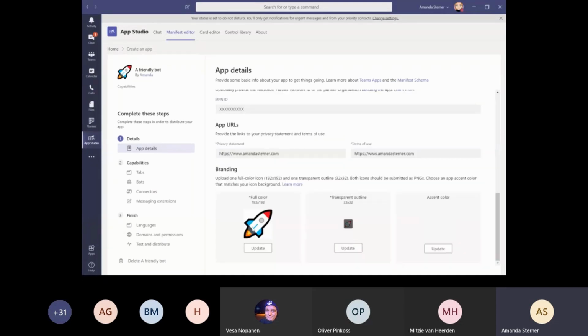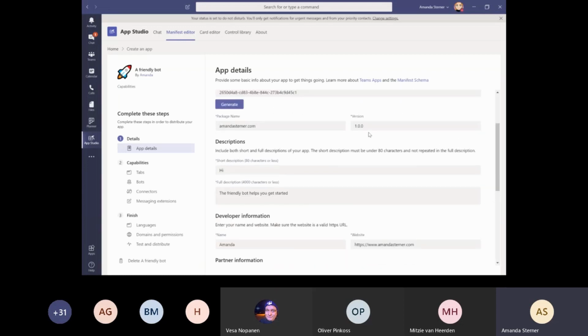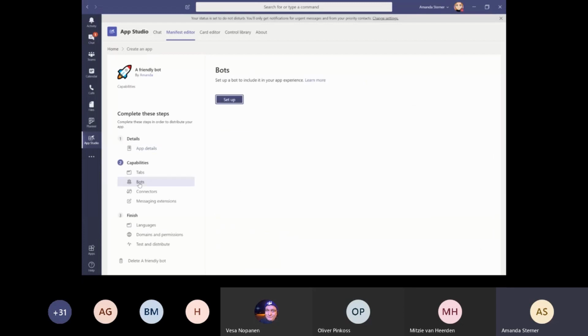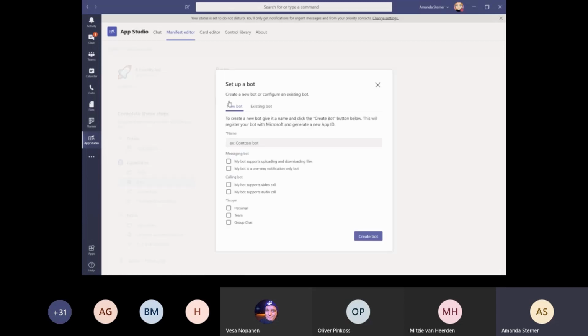I've added some fun emoji images, and I made one into a PNG, so you can add it nicely here in the left side navigation. Once all of the app details are filled in, it's time to add a bot. So we have step 2 here, which is called capabilities. I'm going to click bot, and here we will set it up. So click set up,